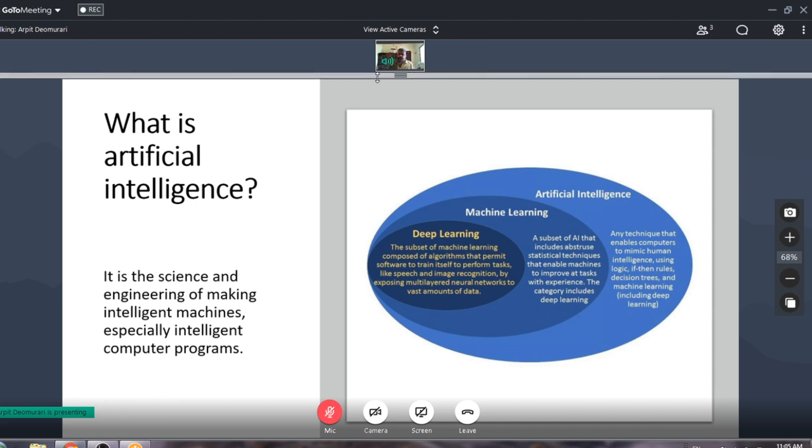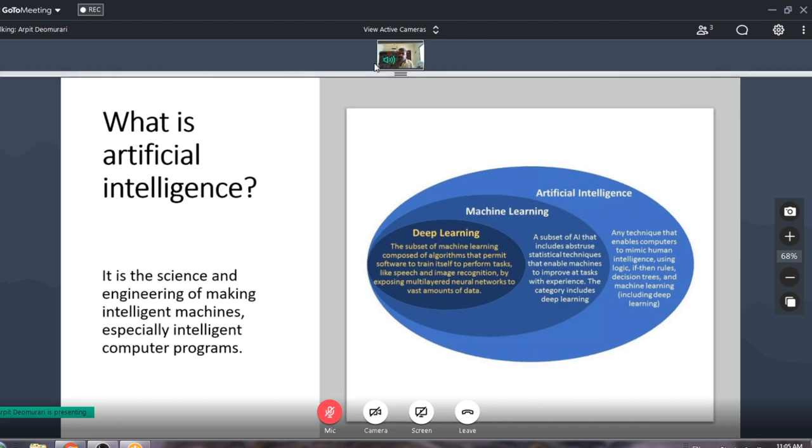So it's the science of making intelligent computer programs. It's a very wide area, with applications ranging from text mining, data mining, predictions, machine learning, computer vision, and object detection, to object masking and counting. There's a whole plethora of tools and technologies.